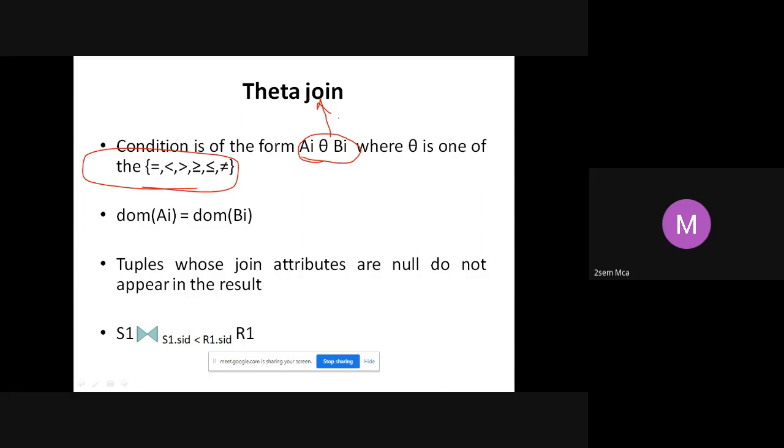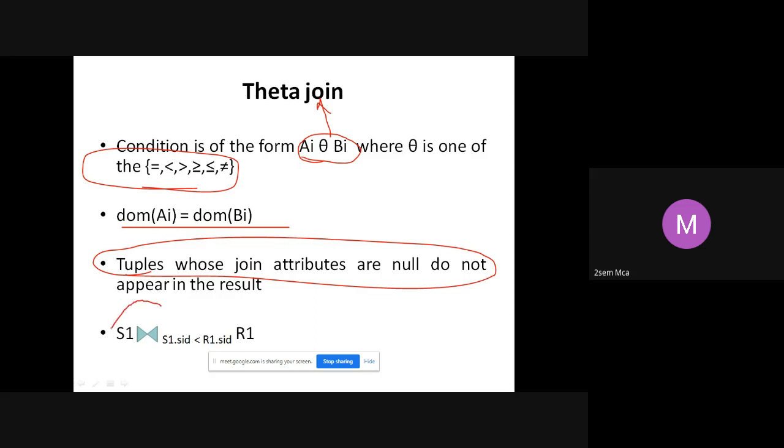It can take anything. So the domain of Ai should be equal to the domain of Bi when you apply the join. Then tuples whose join attributes are null do not appear in the result. If you have any null values, they will not appear in your result.